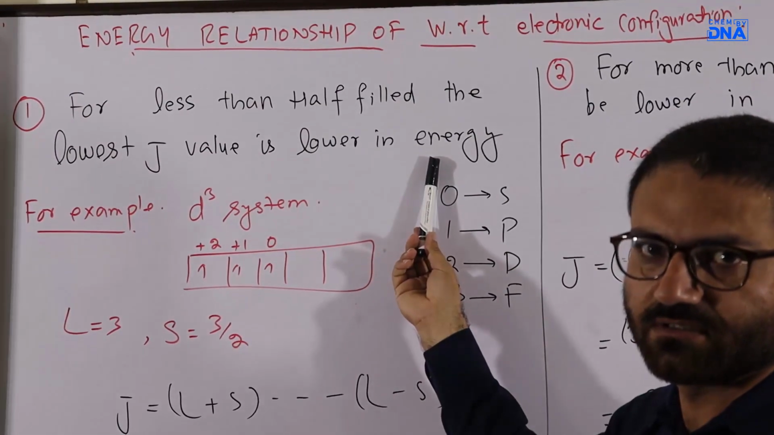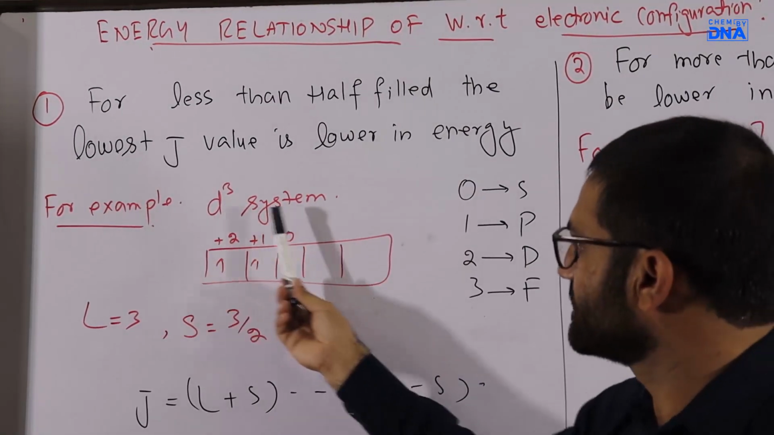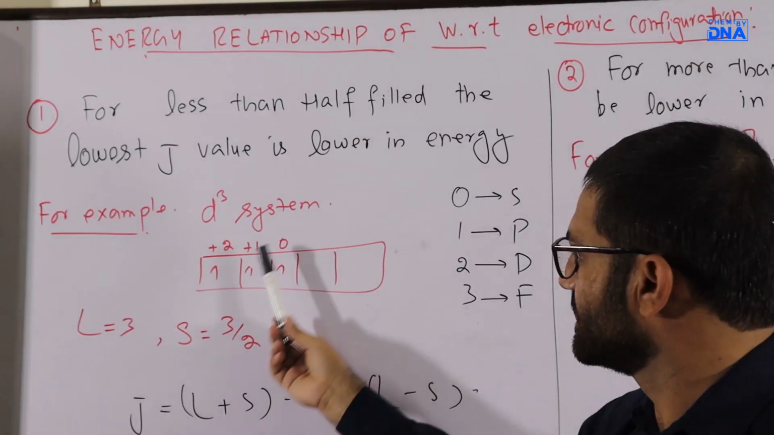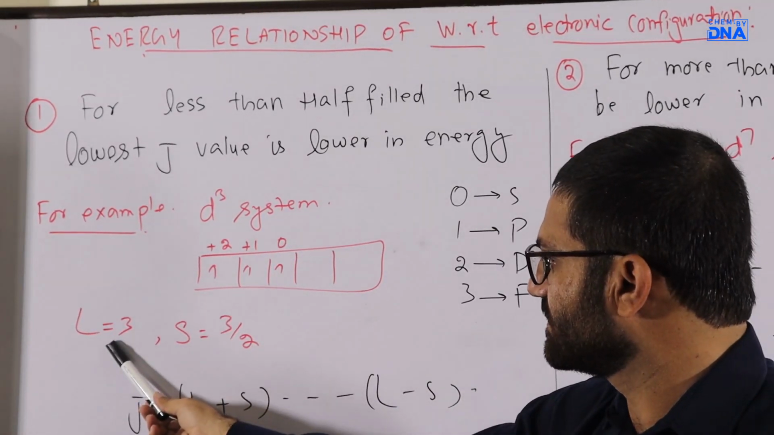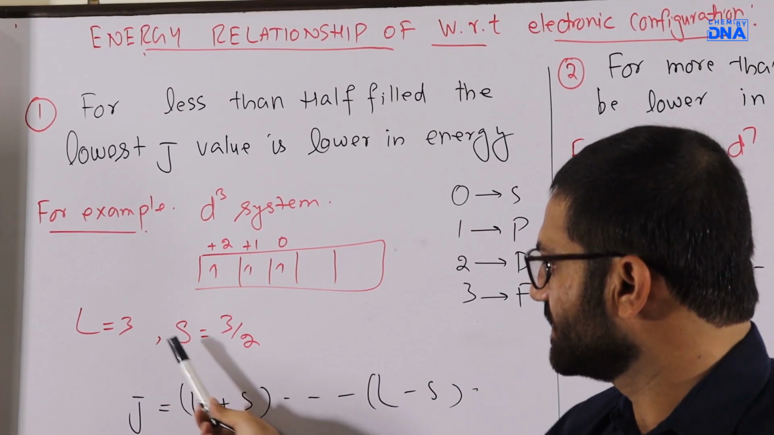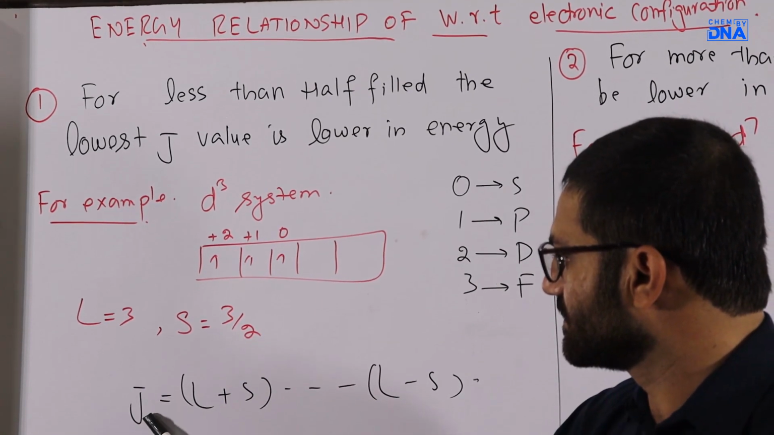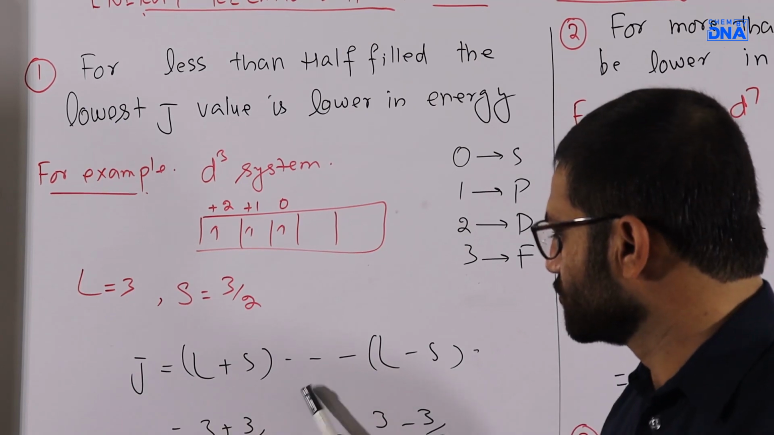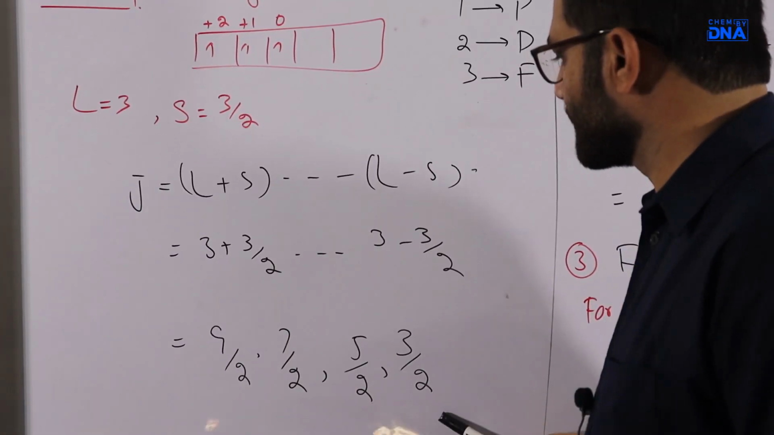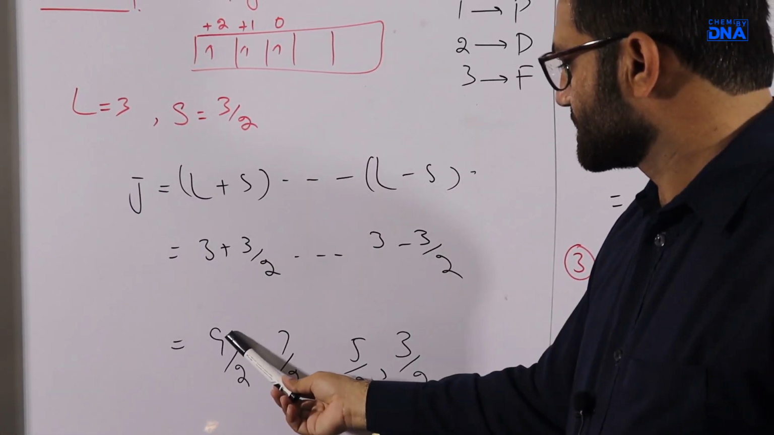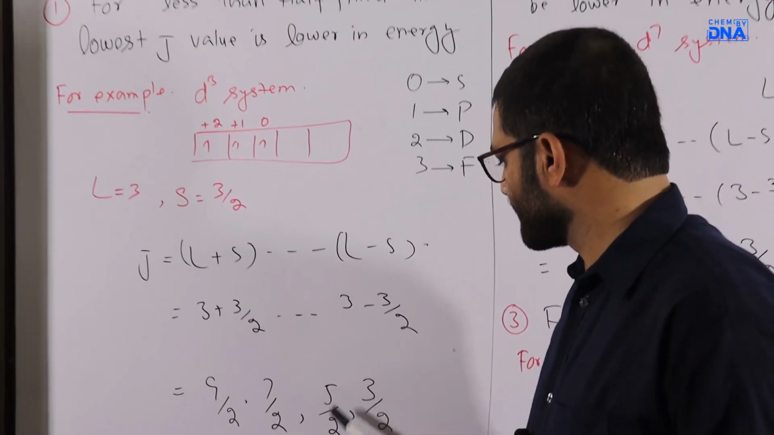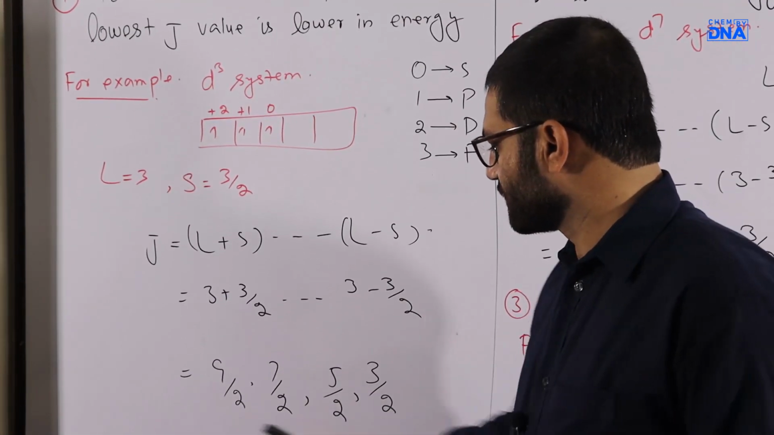Now rule 1 is for less than half filled orbitals: the lowest J value is lower in energy. Let me take an example, that is the D3 system. In this case, you will get L equal to 3 and S equal to 3/2. By the help of LS coupling, you will get these 4 energy levels, that is 9/2, 7/2, 5/2, 3/2. These are the 4 J values